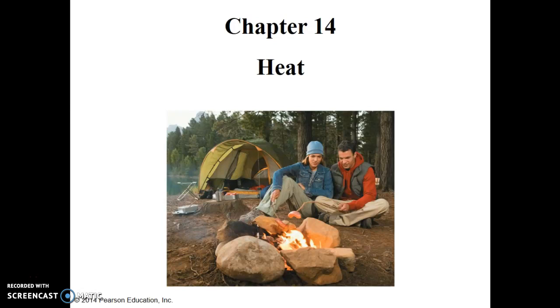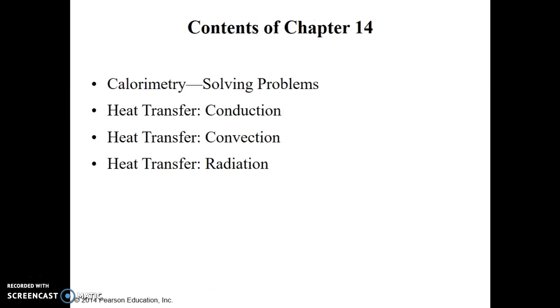In the previous video, we defined what heat is, and we looked at how heat can either affect the temperature or the state of matter. When it affects the temperature, we call this specific heat, and when it affects the state of matter, we call this latent heat. So now here in this video, we are going to quickly touch on something called calorimetry, looking